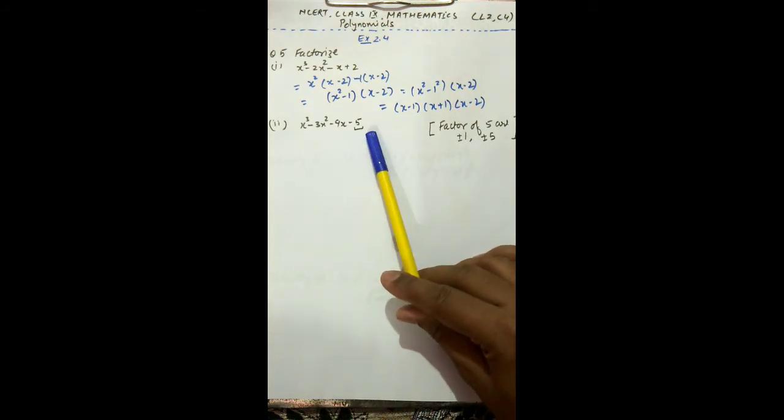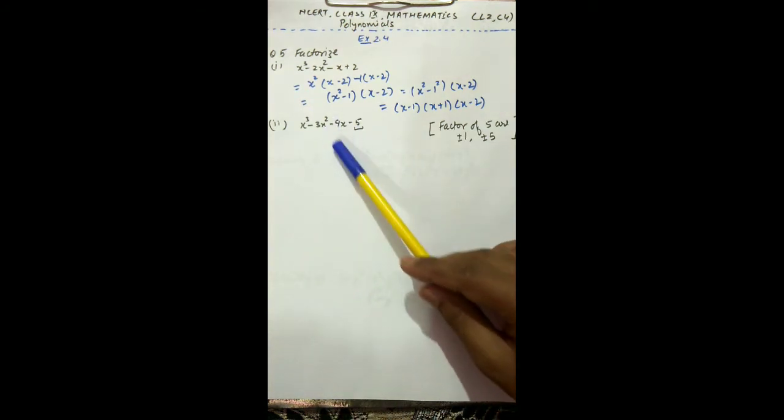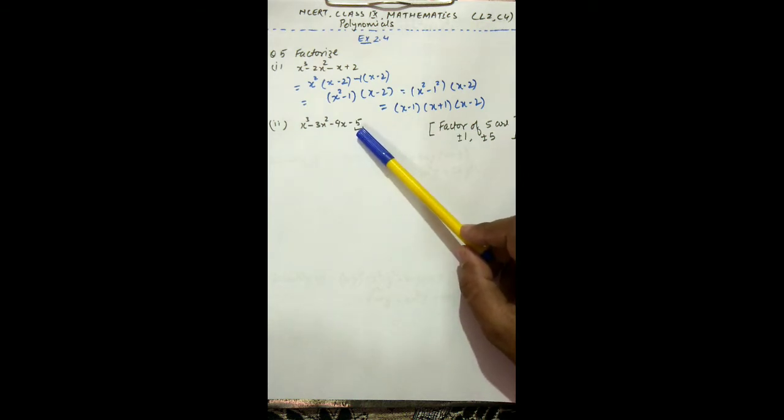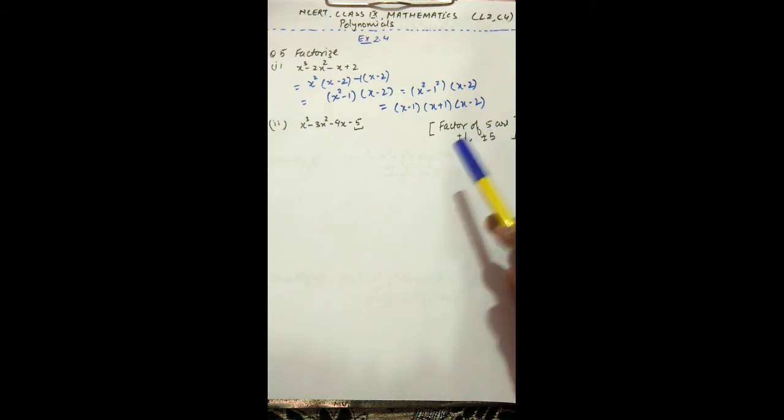What that hit and trial method is, I'll explain very slowly so that you can understand better. To begin with the hit and trial method, we should always look for the constant number. Here you can see the constant is 5. So we should find all the factors with plus minus sign. Factors of 5 can be plus minus 1, plus minus 5. So we will get at least one of the factors out of these 4 numbers.